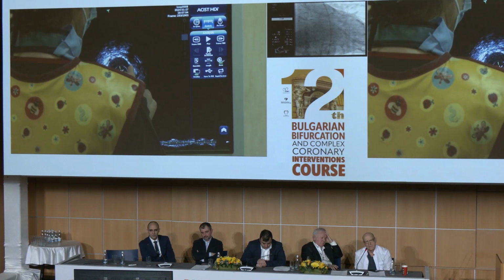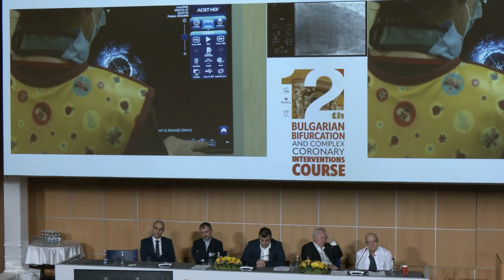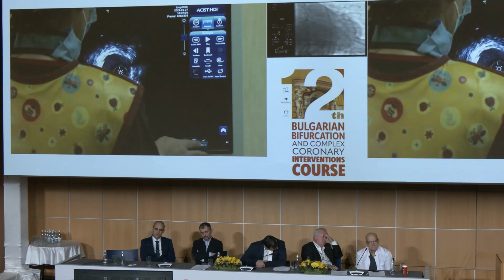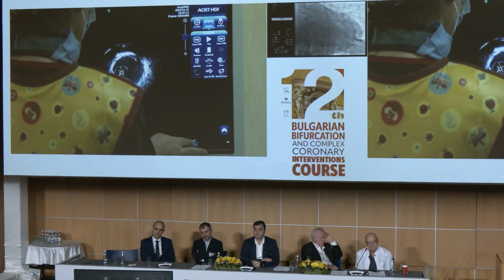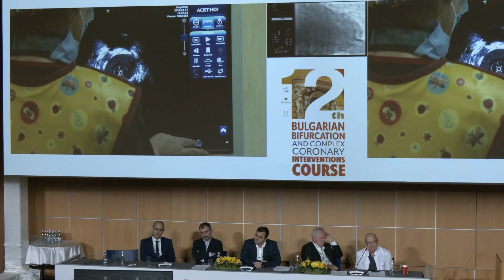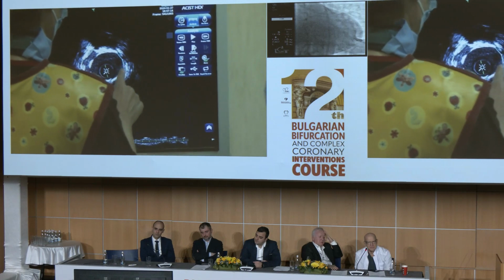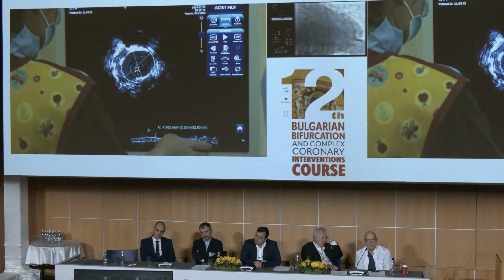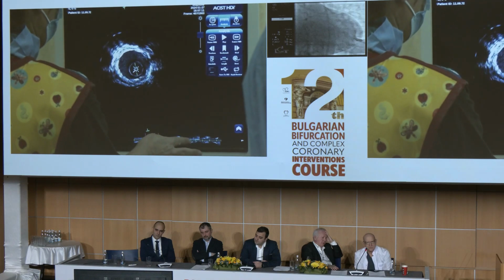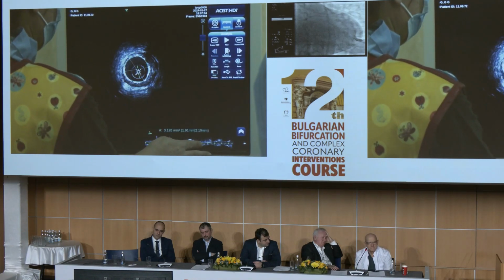The vessel is not so small as it looks at the beginning. It's a big vessel, a circumflex with a big marginal branch. But I think we have a pretty good result, and we should focus on the